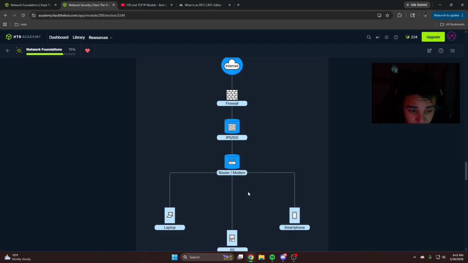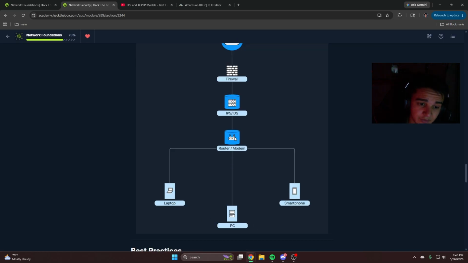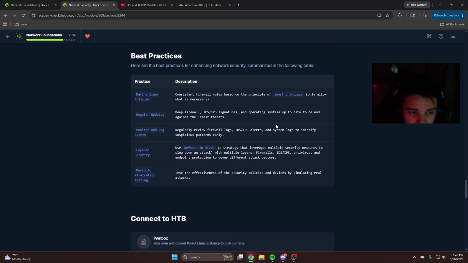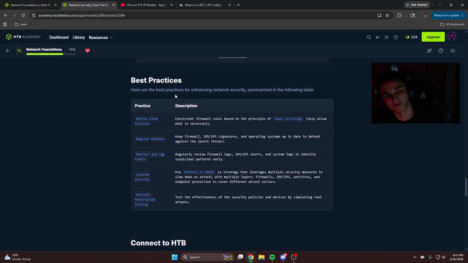So here we have our little home network: our endpoints, the router modem, the IPS and IDS, then the firewall, and then into our wide area network. So some best practices for network security: defining clear policies, so consistent firewall rules based on the principle of least privilege,